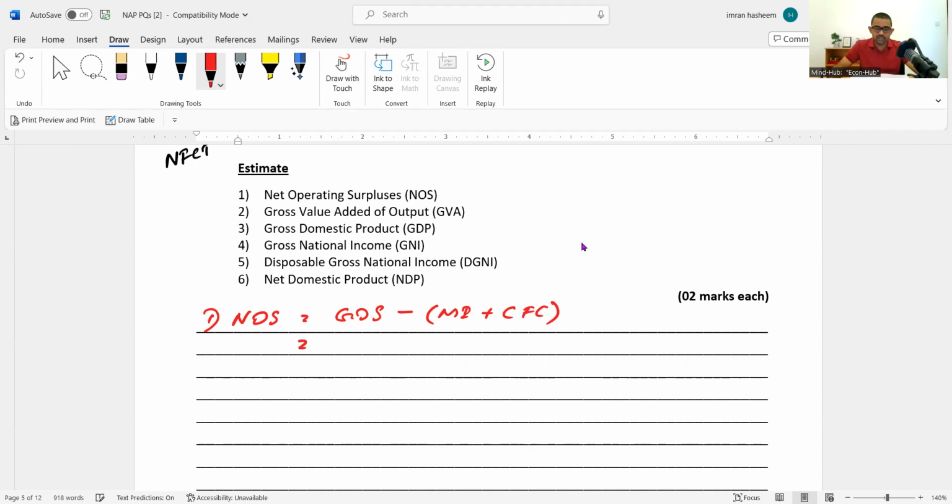Can you apply the values and give me the answer? This is 1720. MI was 160 and this is 180. Therefore, NOS would be